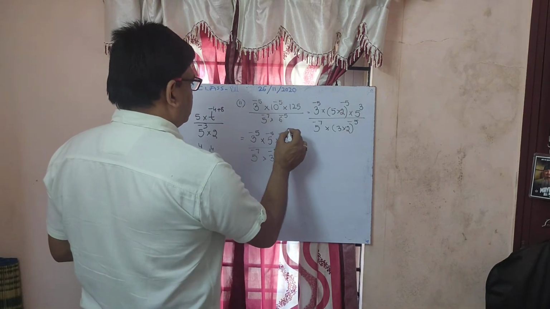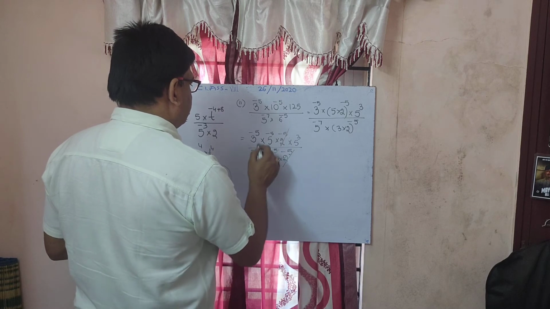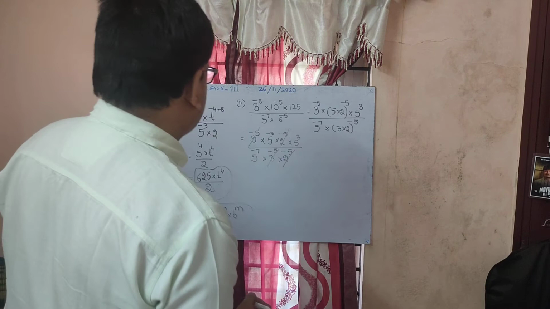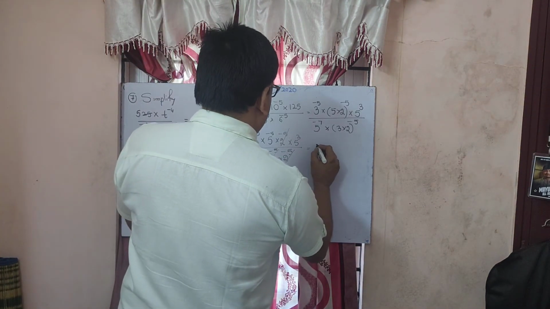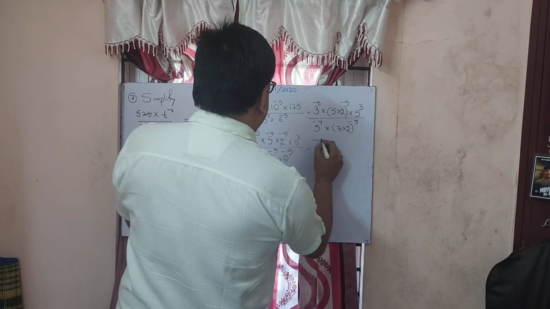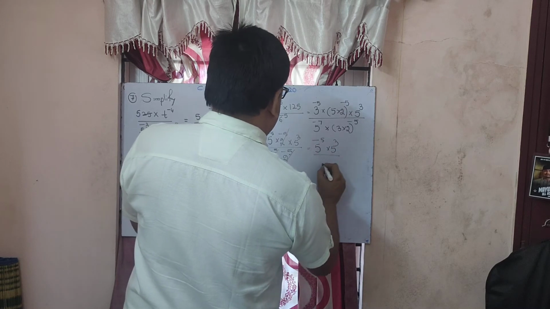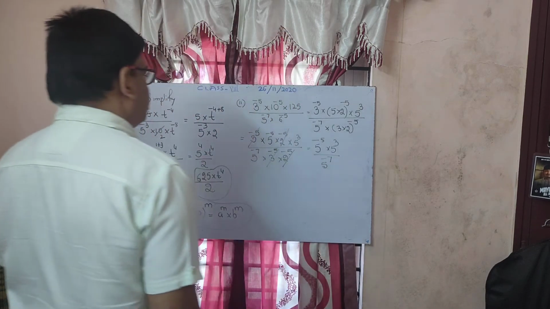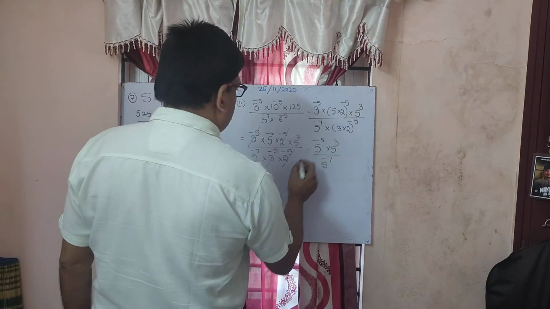Now this cancels this, this cancels this, same thing is there, so you can cancel it. Now what remains? 5 to the power minus 5 into 5 to the power 3 divided by 5 to the power minus 7. This is the remaining. So now again you know the formula,